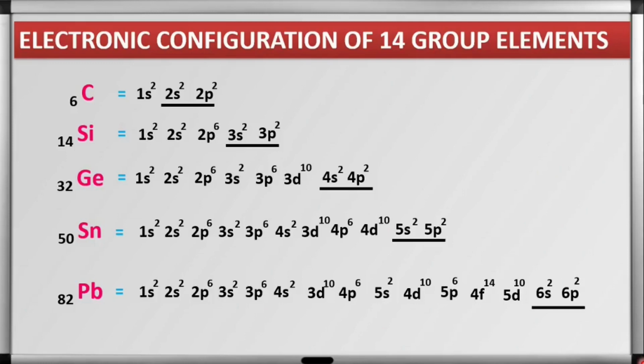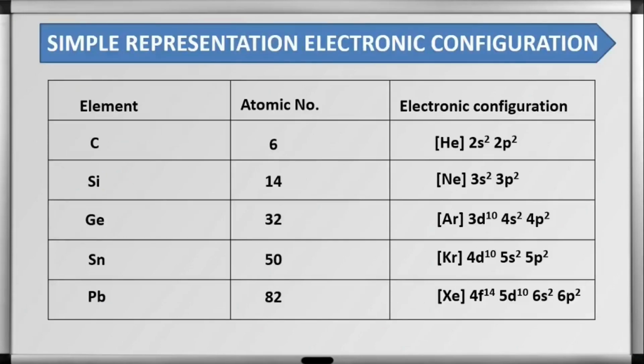Now next we look at another representation of electronic configuration. In the simple way, you can use the zero group elements. With the help of zero group elements, you can write down the easy electronic configuration. तुम्ही easily electronic configuration लिहू शकतात बघा. Carbon 6, He 2s2 2p2, silicon 14, Ne means 10 electrons, 3s2 3p2, germanium 32 atomic number, argon 3d10 4s2